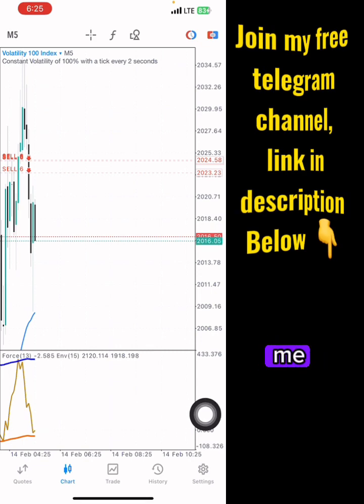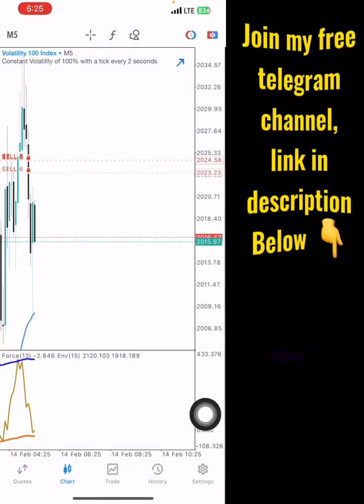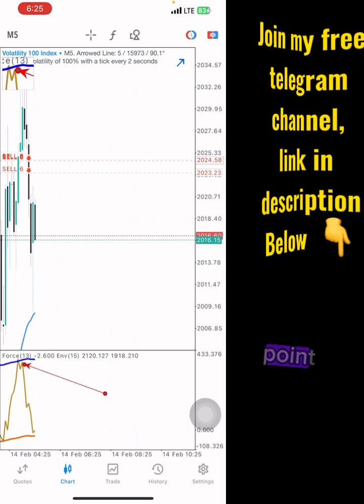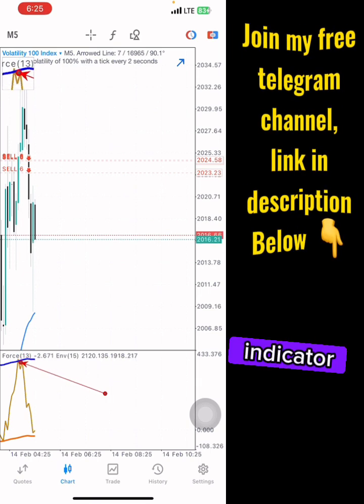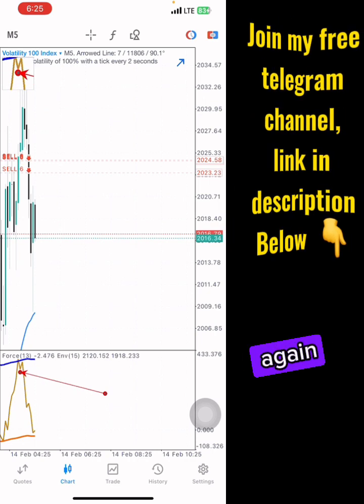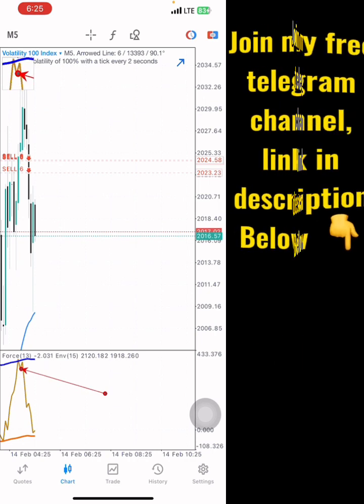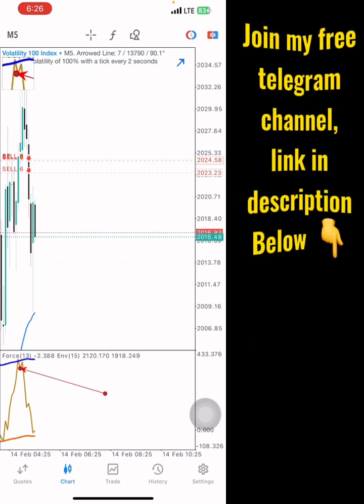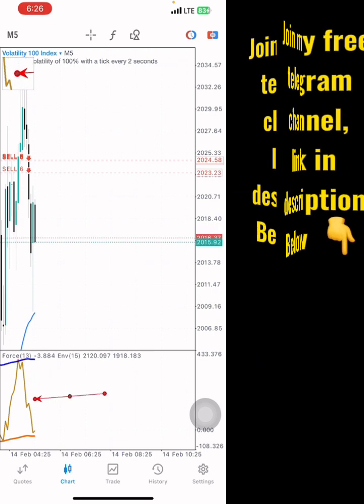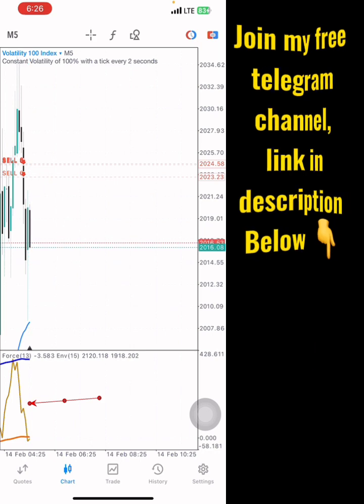Now look at this. Let me show you with this arrow. Look at this point here. See how it crossed above this indicator here and dropped, crossing below again. So as soon as it crosses below it, you sell, okay? As soon as it crosses below it, you sell, and then you hold the sell until